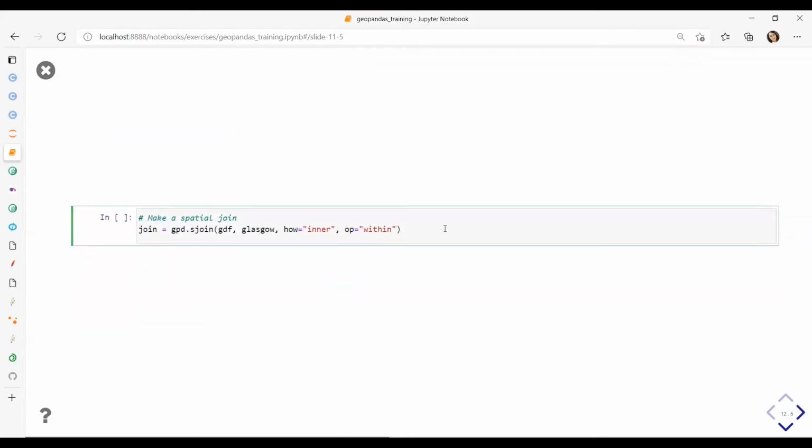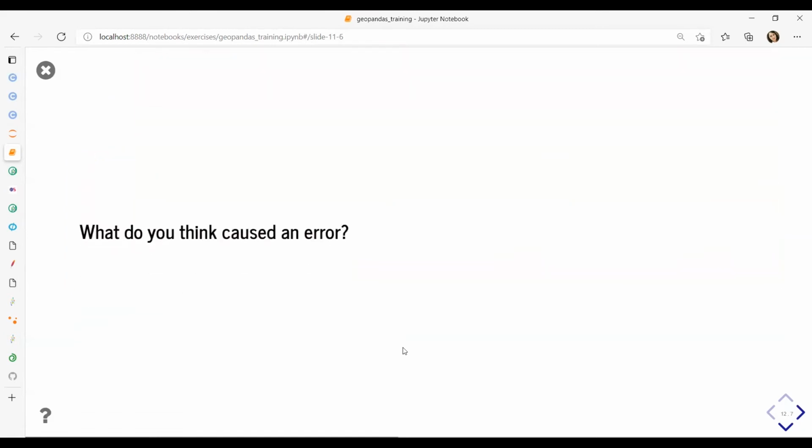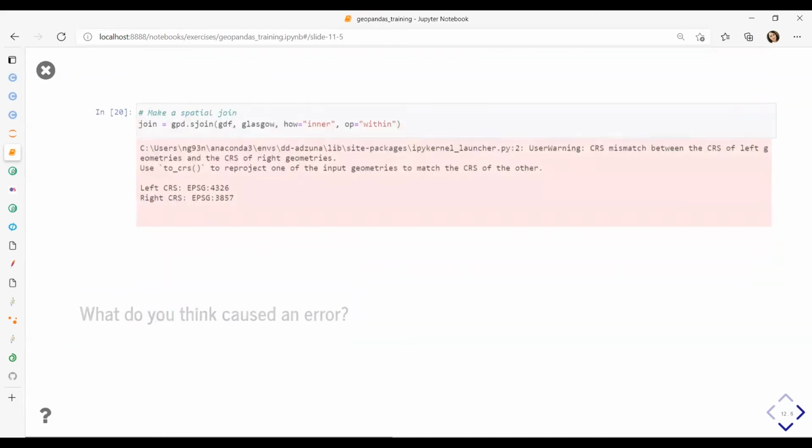Right, let's make a spatial join. To make a join, we need to specify our GeoDataFrame we'd like to join. And in this example, we are going to select everything which falls within. And if you see, we got an error. What do you think caused the error?